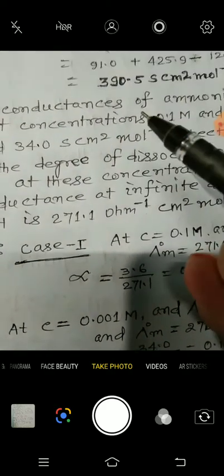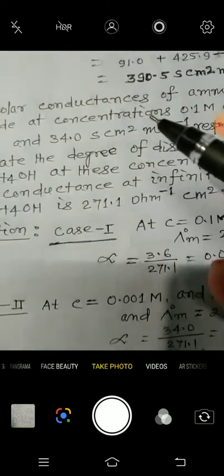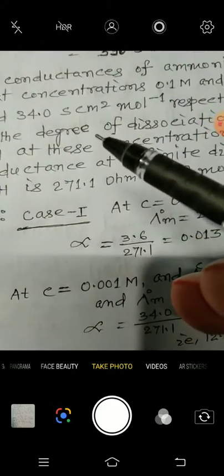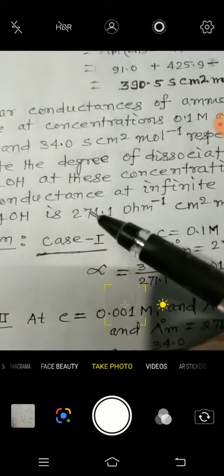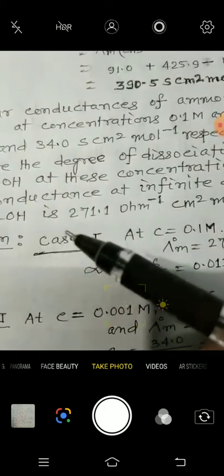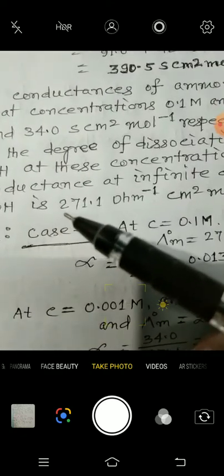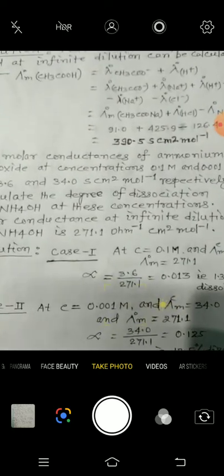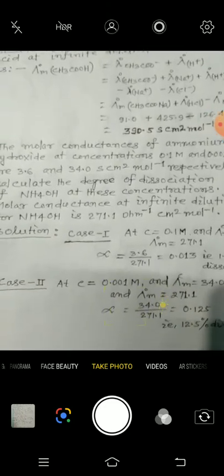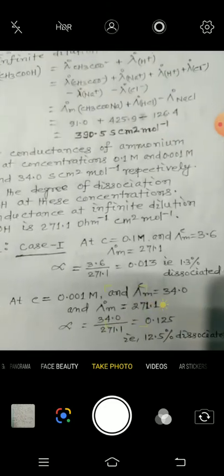When you see the numerical in your text material, which I am going to send you through PDF on your WhatsApp, you will understand it, you will feel no problem. Next day I will teach you about the criteria for the product formation at the electrodes. That is also a very important topic, and that is the last topic of electrochemistry. After that, one more topic in electrochemistry is related to batteries, meaning primary cells and secondary cells. That's so for today.